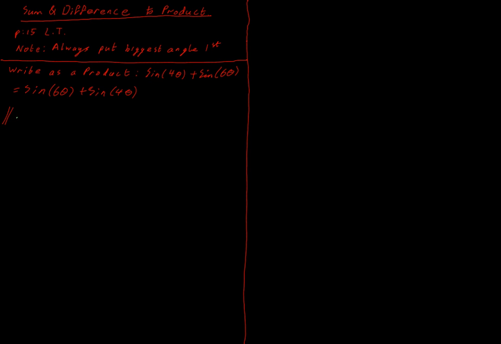I have sine A plus sine B is equal to 2 sine of A plus B all over 2, cos of A minus B all over 2. And now I can sub directly into that formula. So I'm going to have 2 times